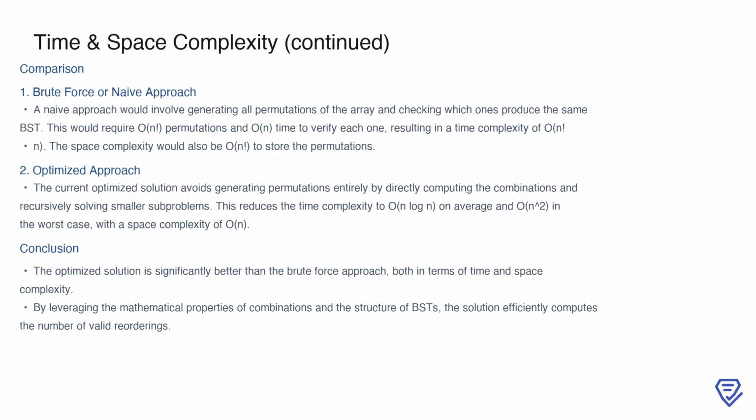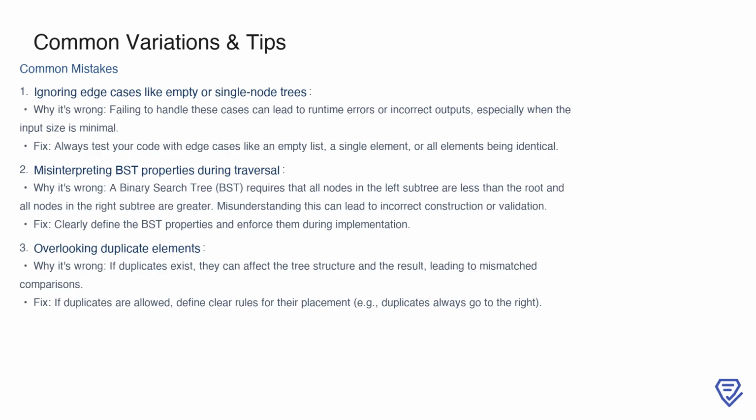By leveraging the mathematical properties of combinations and the structure of BSTs, the solution efficiently determines the number of valid reorderings without unnecessary computations. When solving this problem, there are a few common mistakes to watch out for. First, ignoring edge cases like empty or single-node trees can lead to runtime errors or incorrect outputs. For instance, if the input is an empty list or contains only one element, your code might fail to handle these scenarios properly. To avoid this, make sure to explicitly test your solution with these edge cases and verify that